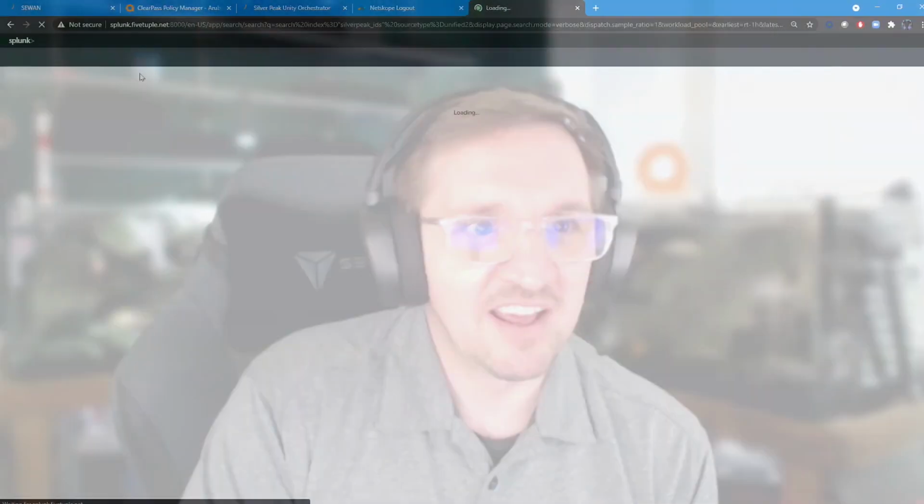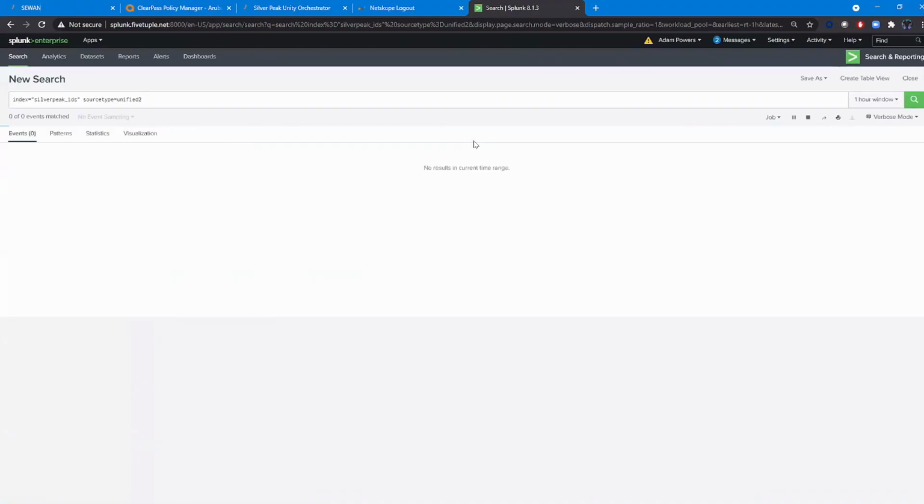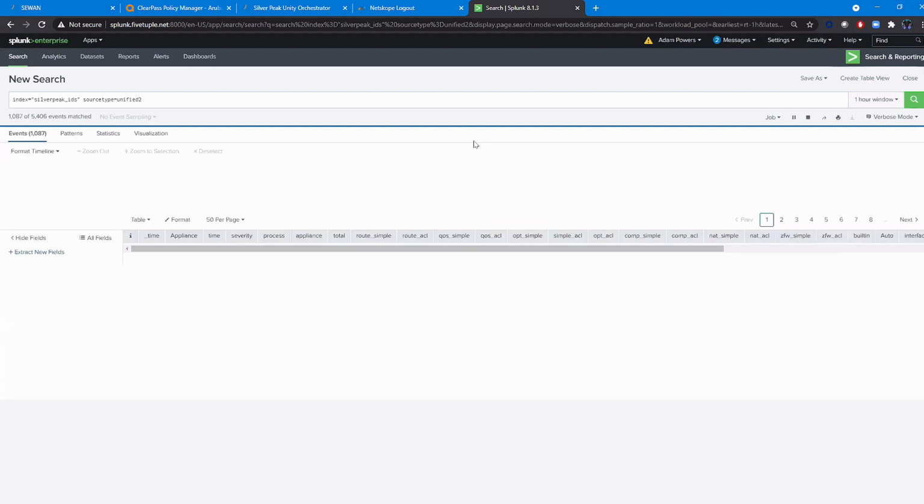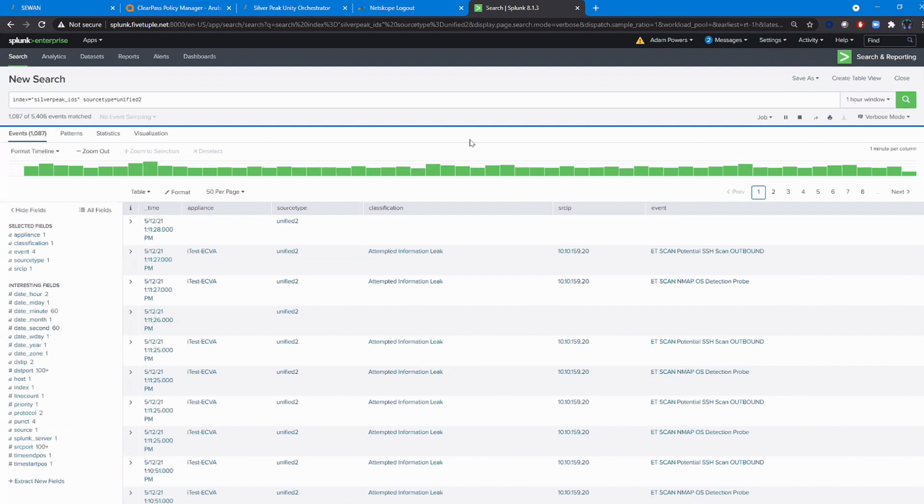Intrusion detection, we're handling the same kind of way. The initial release that's coming soon is inspection only. So it will kick out eve.json events or fast.log events. What is it? Unified2, or it'll kick out events to Splunk or your favorite log aggregation system, but it is only intrusion